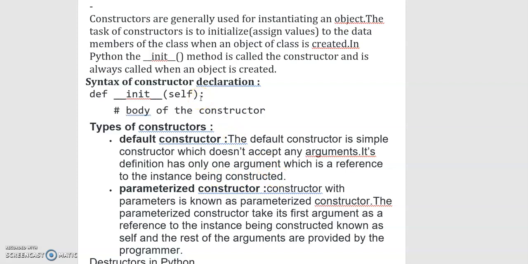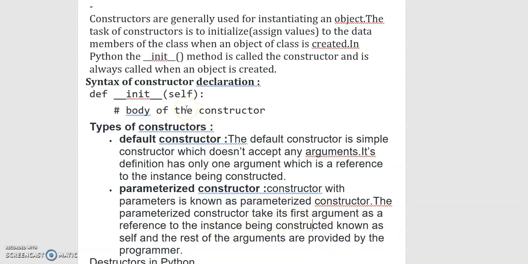The default constructor contains only self. A parameterized constructor means one which accepts parameters, the opposite of the default constructor. The parameterized constructor takes its first argument as a reference to the instance, that means self.